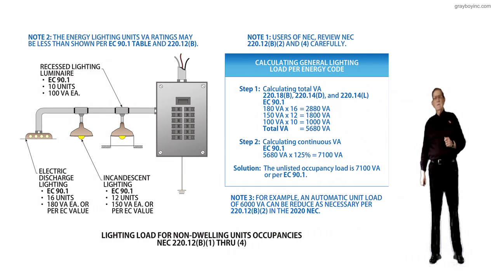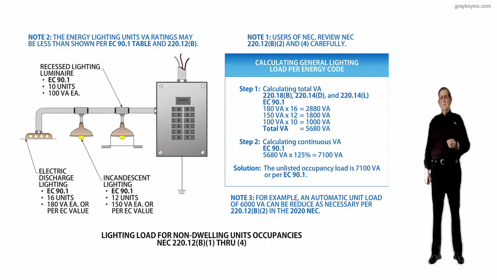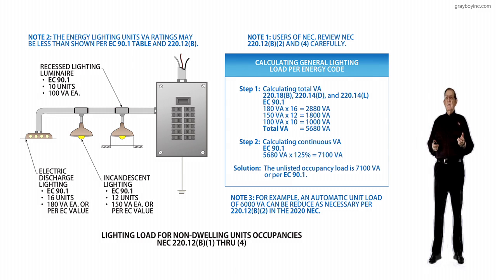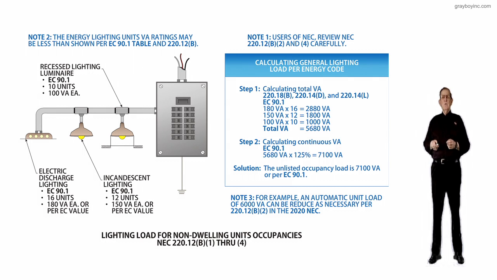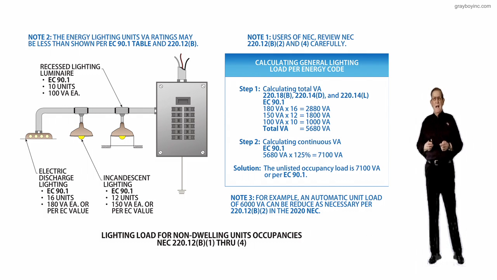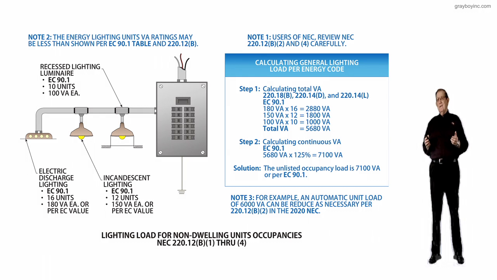This illustration deals with the general lighting loads by non-dwelling unit occupancies in accordance with Table 220.12. A revision was made to this table based upon minimum revisions since the 1970s. These revisions have consisted of reducing the lighting loads in a few occupancies based upon technology enhancements over a period of time. However, a comprehensive set of data has historically been made available to support this revision in